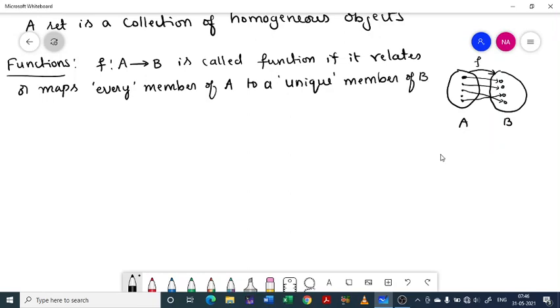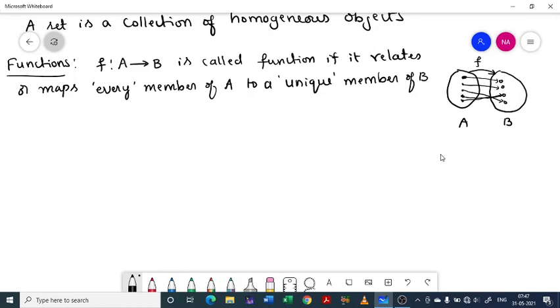See, if you write f here, now f is not a function on A. Why? Because this object is not mapped to any other object. So you have to remove this object, then f will be a function. And no two objects should map to the same entry. For example, here I have this entry. If I remove this from A, no problem with A, it forms a function. But the second situation where f fails to be a function is, suppose this is also mapped to the same entry like this, then it will not be a function.